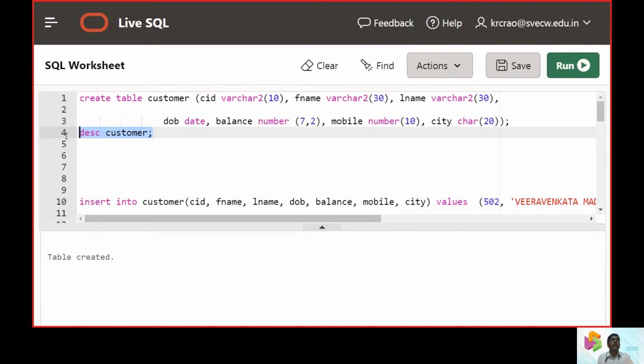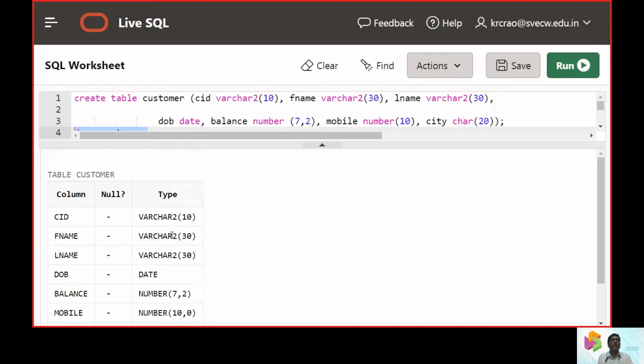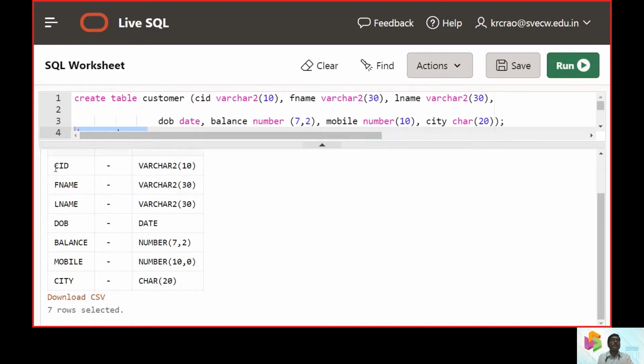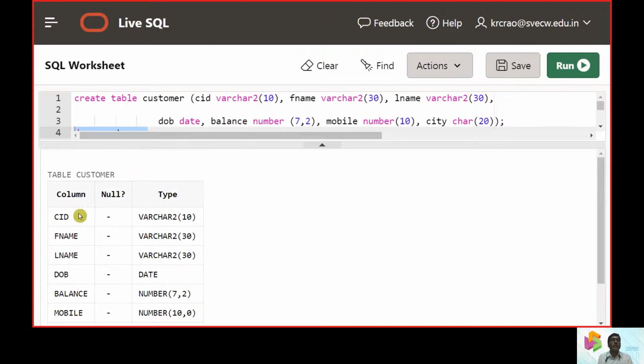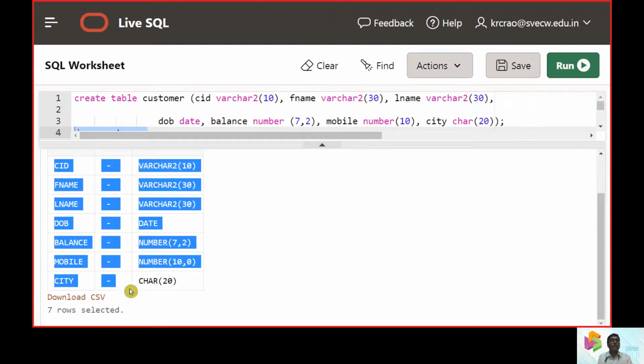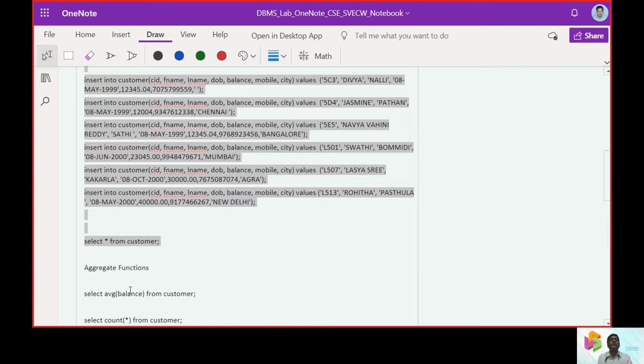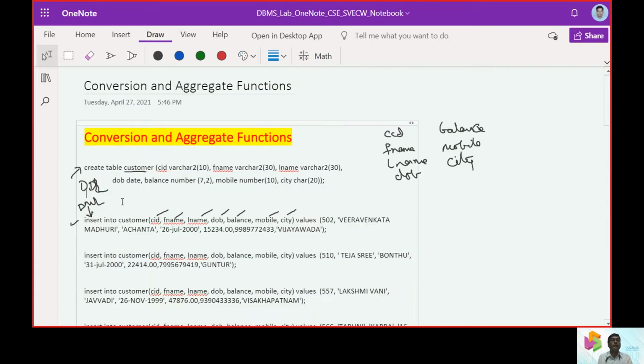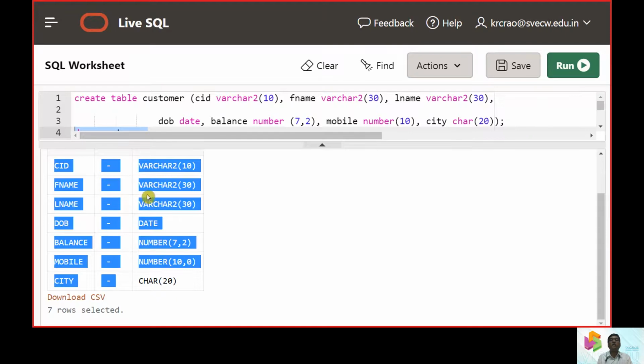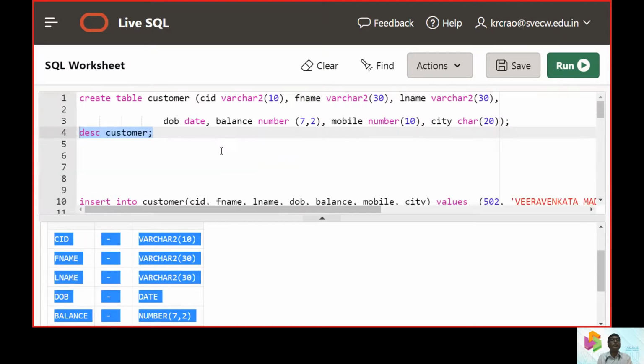So now we can hit the describe button to understand that it contains the fields first name, last name, date of birth, balance, mobile, and city. So these are all the different attributes which were used to create the table. So we can put this into our work area, that is the OneNote notebook.